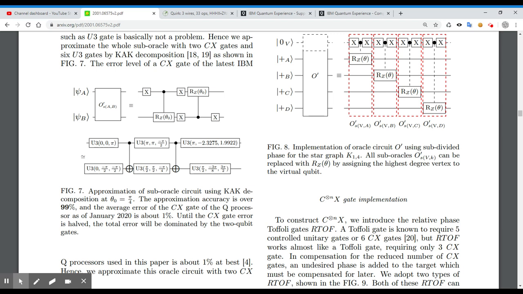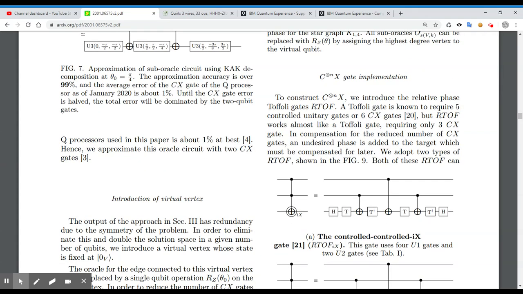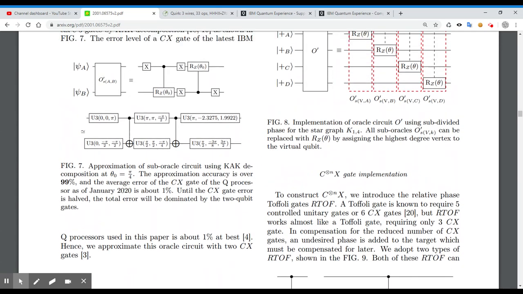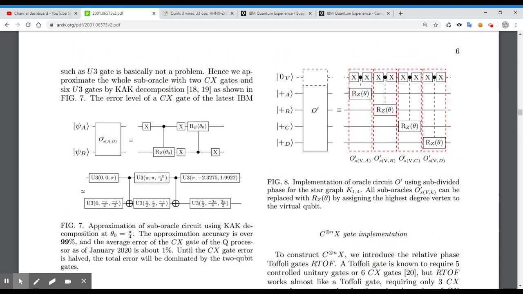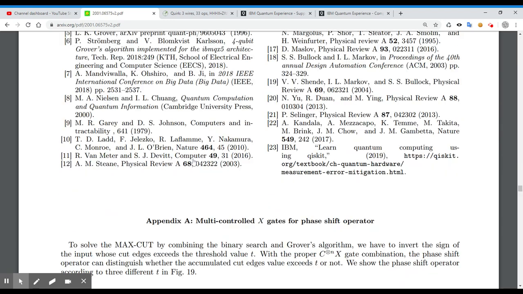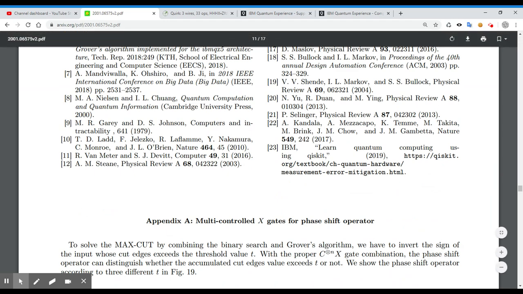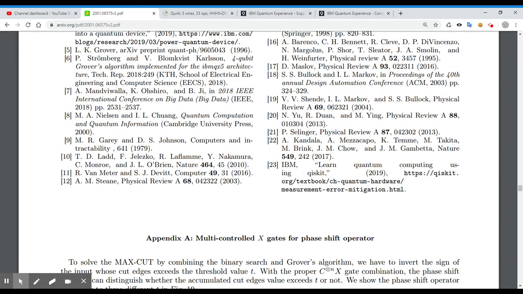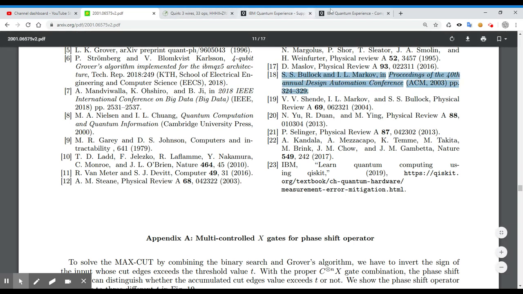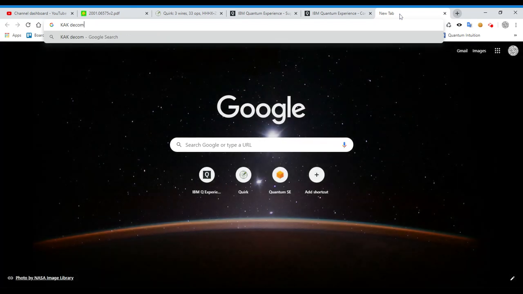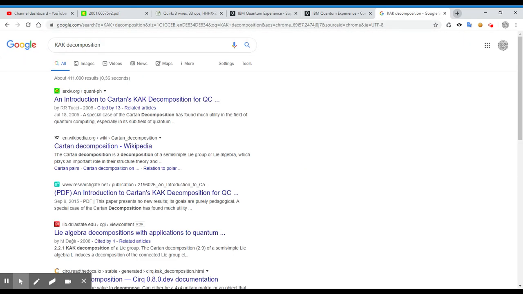Maybe I should have started here. I feel a bit like that's a weird way. So basically, that's a really interesting way of decomposing this stuff. Okay, KAK decomposition. So there was a reference, 18 and 19. Maybe I should jump into this. Let me just first Google KAK decomposition, because even if I compute the matrices, I still